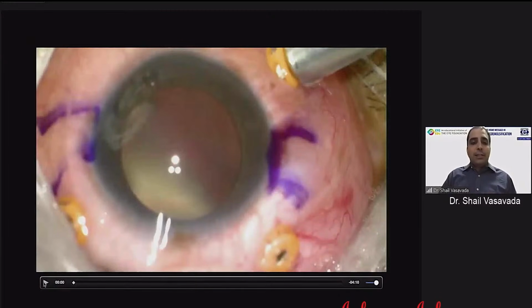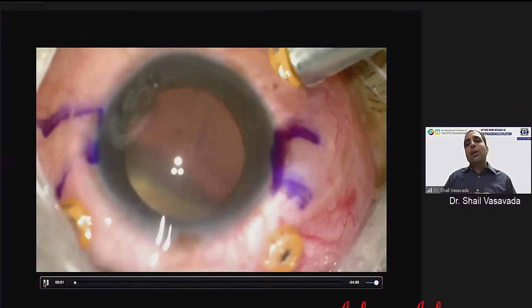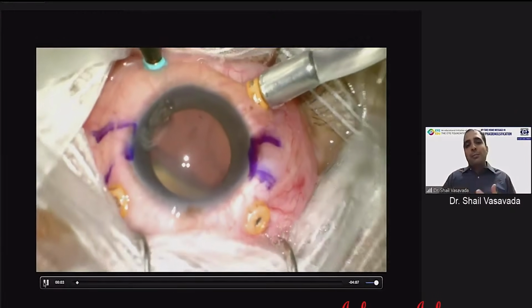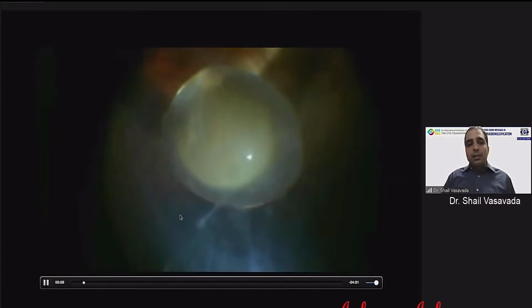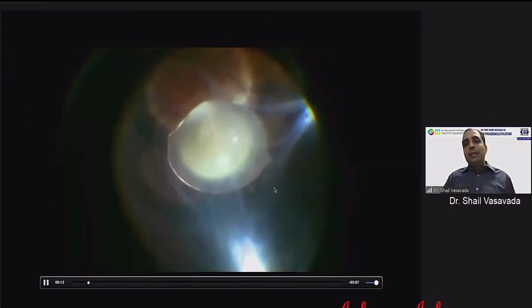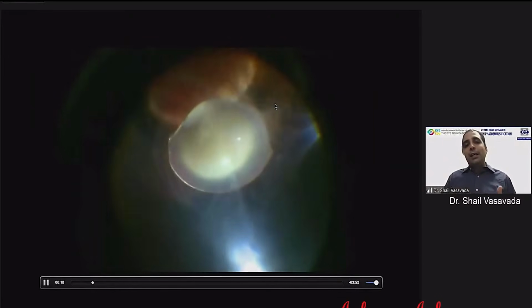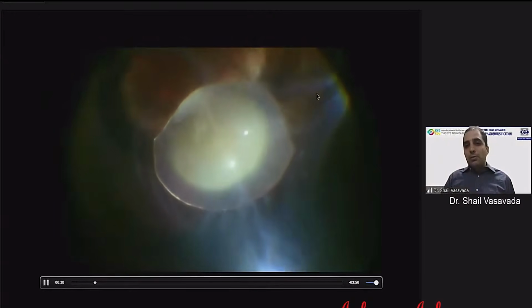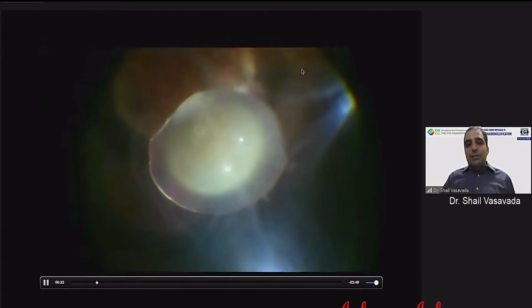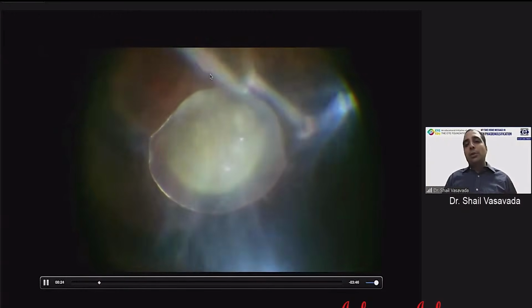tackling the vitreous. And the reason why we should never go fish out for a dropping fragment or a fragment which we feel is right in front of us is this beautiful video shared with me by my colleague Dr. Deepak, who's a retina surgeon, to show so many vitreous attachments that are there around the nucleus. So we just see that fragment right within our reach, just behind the posterior capsule, but what we forget is this tremendous vitreoretinal traction that is going to be created by not actually addressing the vitreous first